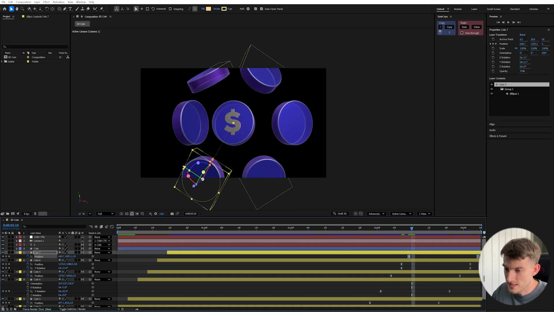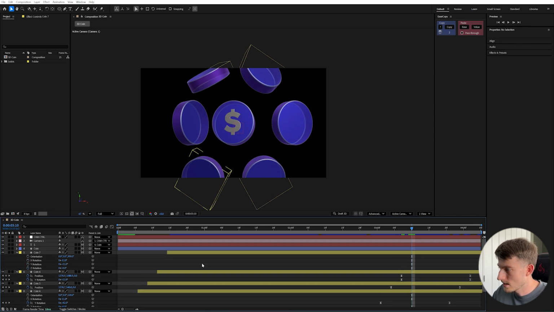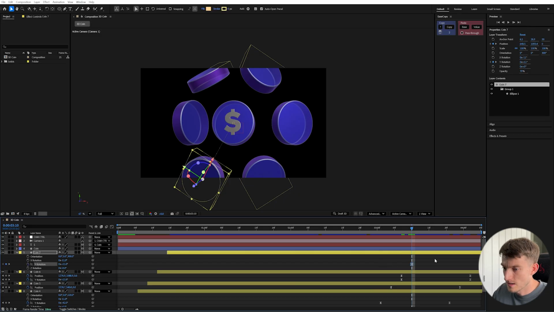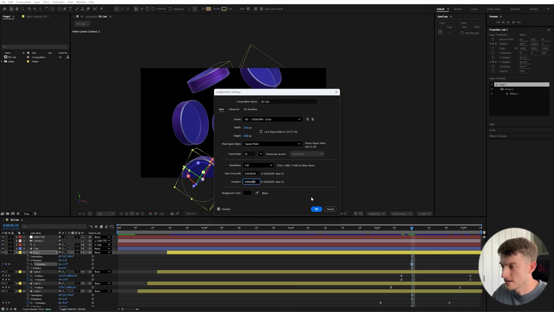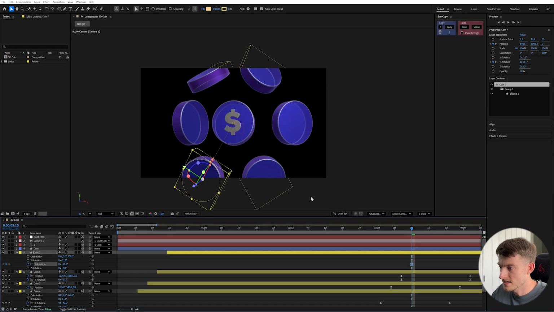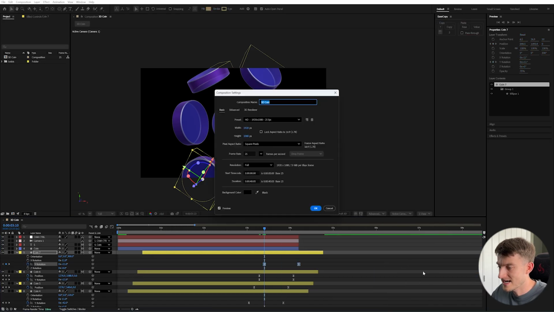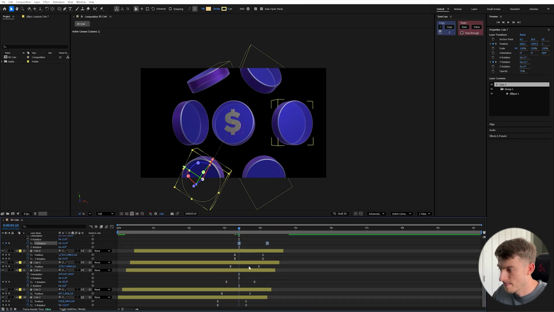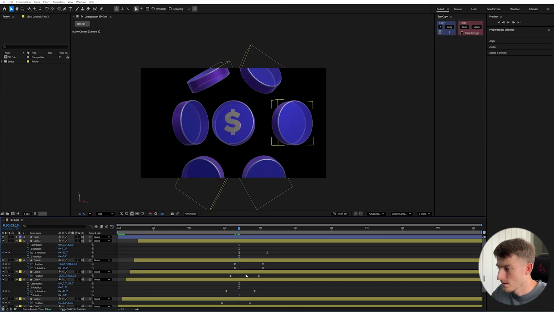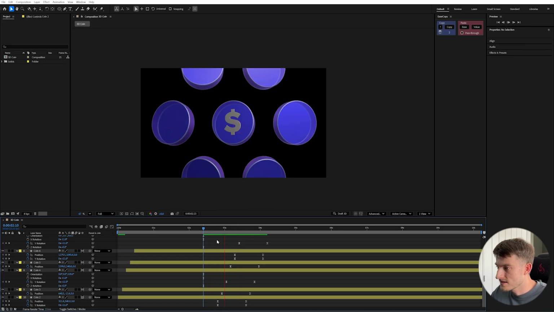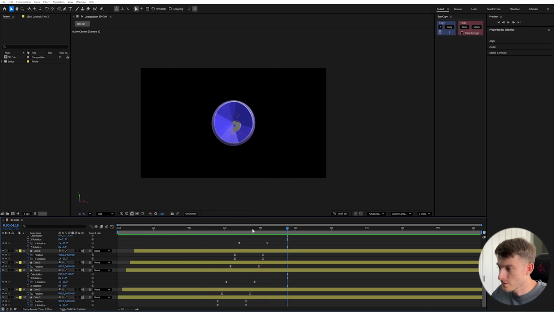And let's just move this last one. And I'm probably going to need to extend my comp here. I'll go to my R, and on my Y rotation, I'll paste it. I think it's because I wasn't actually selecting the rotation there. So let's just make this comp about 10 seconds as well. And I've accidentally made it 40. So let's set it back to 10. And I'll just select all my layers and drag those out. So now we're going to have all of these coins move in and then rotate, which is quite nice, but